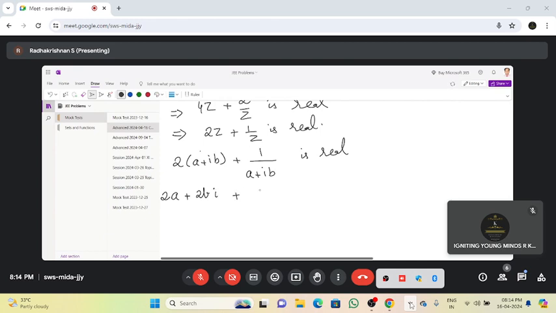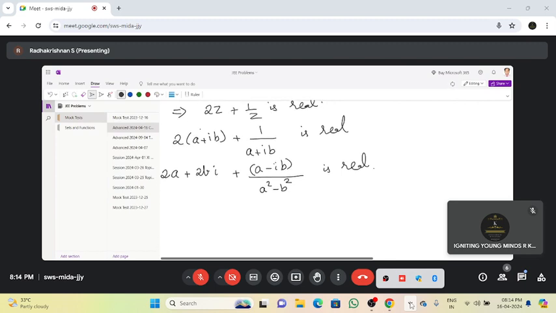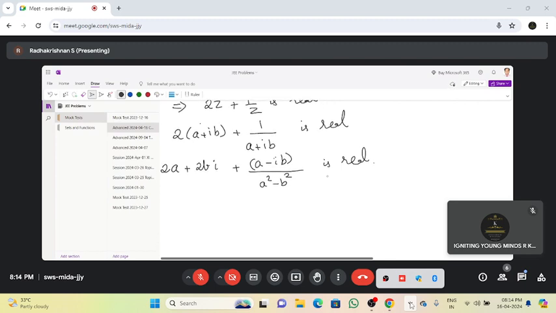We multiply numerator and denominator by a minus ib. Now, real means the imaginary part is 0. So that means